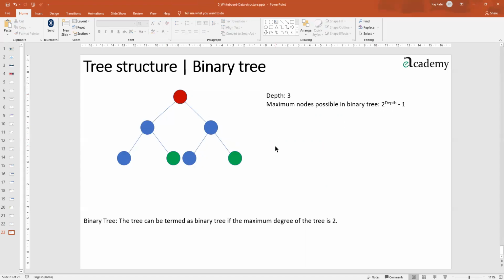Yes. So in your CS paper, they also often ask one question, that there is a complete binary tree available which has this many total nodes. Then what is the depth of that binary tree? Reverse also means they have given you the number of nodes and asked you to find the depth. That is possible. The left hand side is actually given to you, so you can calculate that.